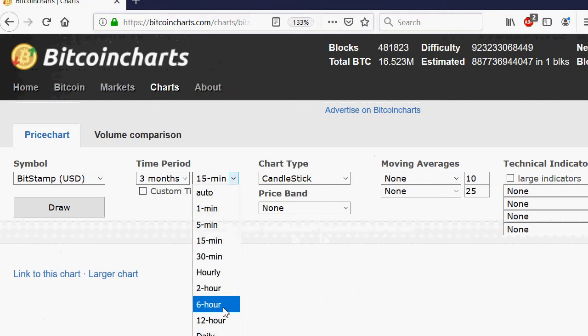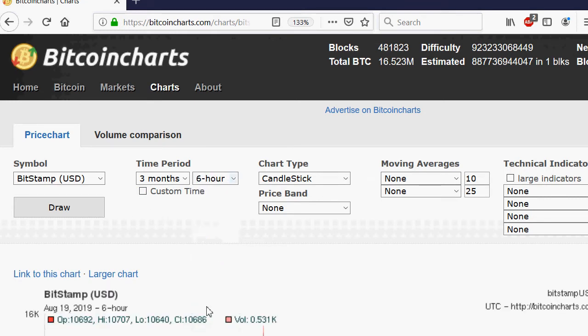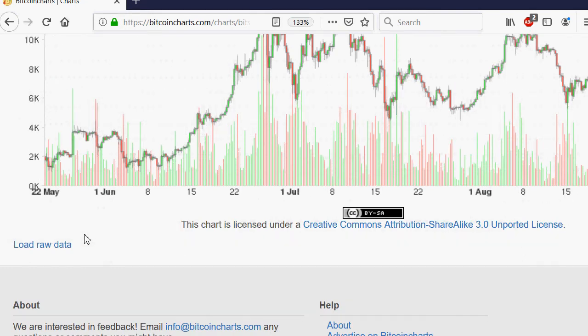But what you could do is you could do custom time, and say I want 15-minute time frame from June 7th, 2016, for 2 days, and you can get it. That's what's pretty cool. So anyway, with that being stated, let's now just go 6-hour time frame and click on